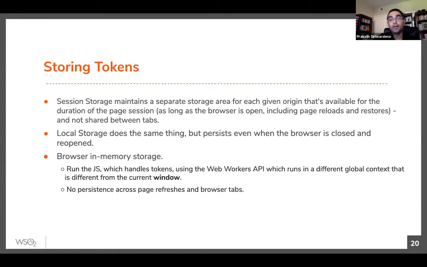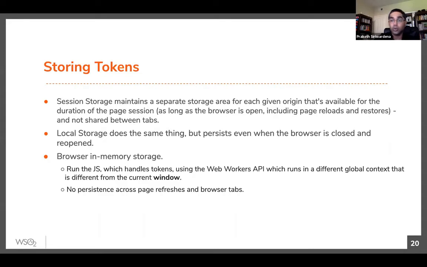But if your single page application is susceptible to cross-site scripting attacks, so if someone else can run some JavaScript in your single page app, that JavaScript has access to the session storage. So they can get the token from the session storage and send it somewhere else. Then those endpoints can use these tokens. That means if you use session storage to store your tokens, you should use another way to protect your application from cross-site scripting. So we'll discuss a way for that. The other alternative to session storage is to use local storage, but it's once again not recommended.